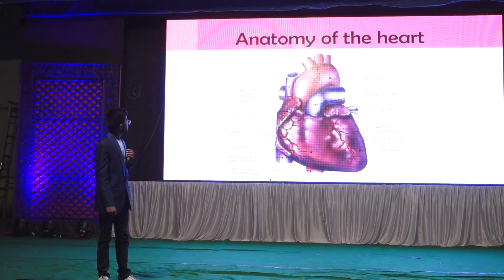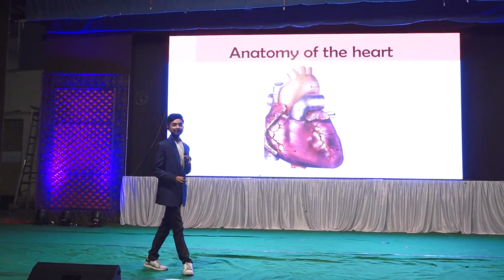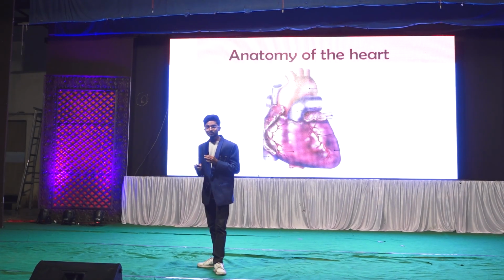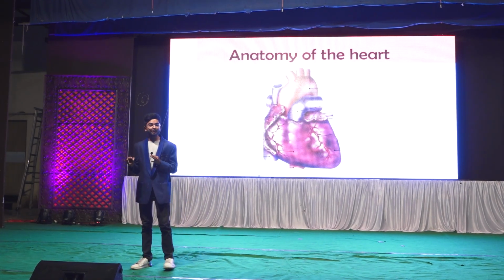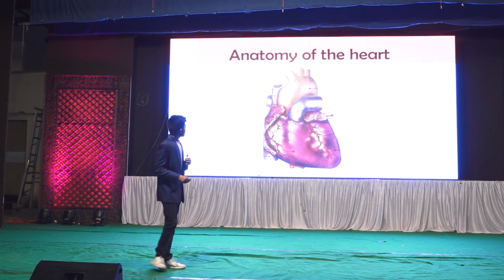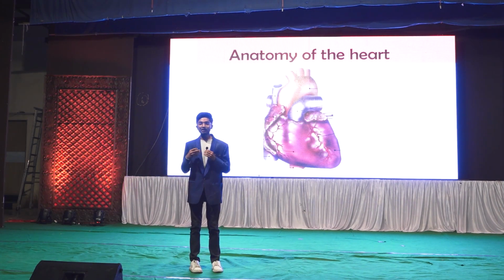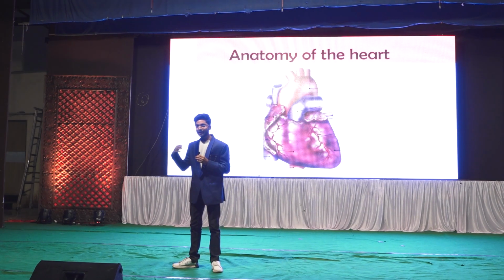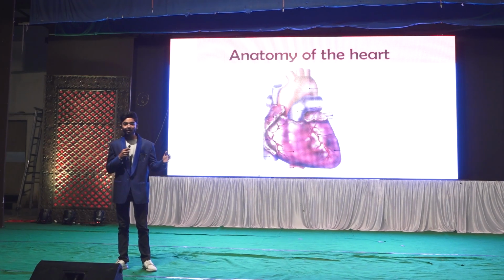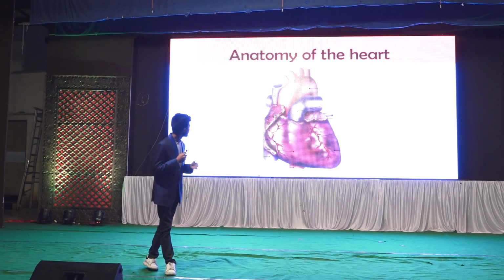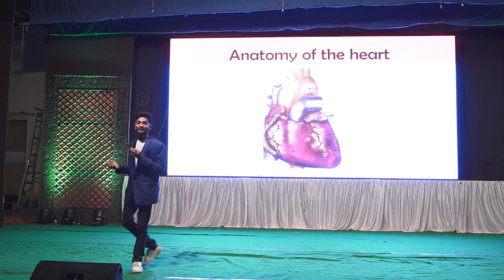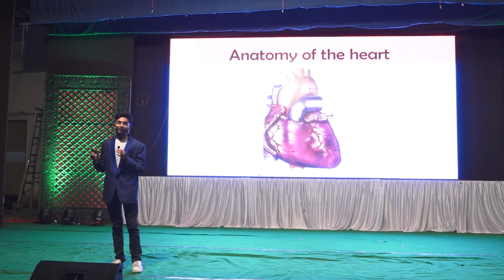Now I will discuss the anatomy of the heart. Heart is an organ which is divided into 4 chambers in the human body. There are 4 chambers which are the right auricle, right ventricle, left auricle and the left ventricle. The upper sides are 2 atriums and the bottom sides are 2 ventricles. The right side of the heart contains the deoxygenated blood and the left side of the heart contains the oxygenated blood. There are different arteries and different veins which bring the deoxygenated blood from the body to the heart.